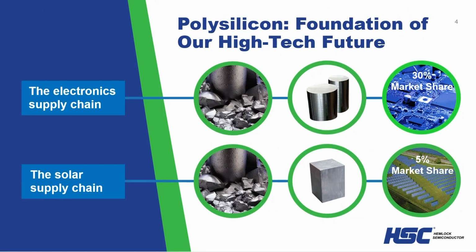Hemlock Semiconductor. No, we do not make semiconductors. Let me say that right out front. But we are a very critical part of the supply chain. What we do is we take the metallurgical grade silicon, so it comes out of a mine as quartz. They smelt it down to make what's called metallurgical grade silicon, and we purify that so that somebody can actually pull those big single crystal ingots. Those then get cut up as wafers for solar panels or computer chips.